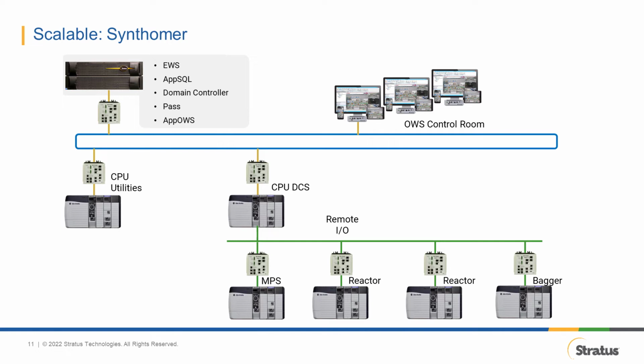Phase 1, standardize on Rockwell Automation. Prior to the modernization of the San Albano Stura plant in Italy, Synthomer was controlled by PLCs from different manufacturers, operating independently like silos. These islands of automation were difficult and expensive to maintain and operate. To address this challenge, Synthomer first replaced all the existing multi-branded PLCs with a Rockwell Automation ControlLogix programmable automation